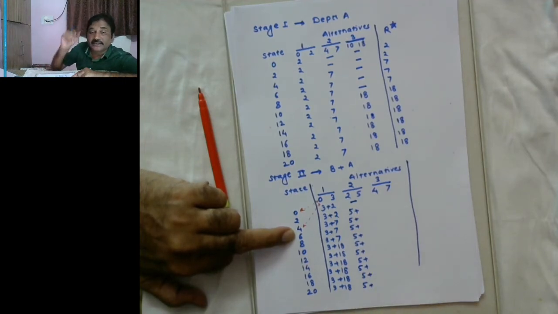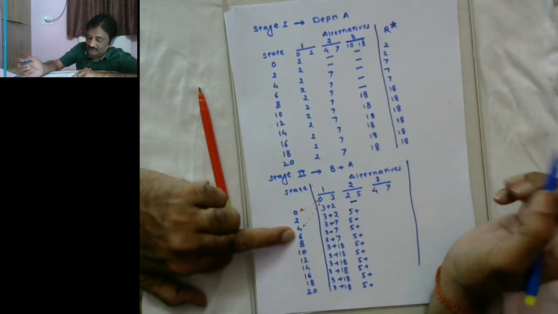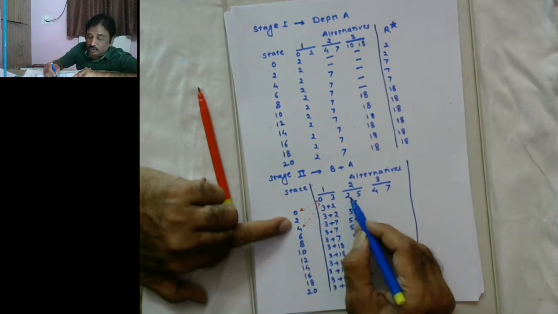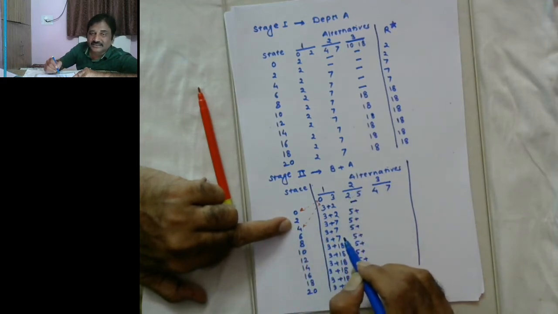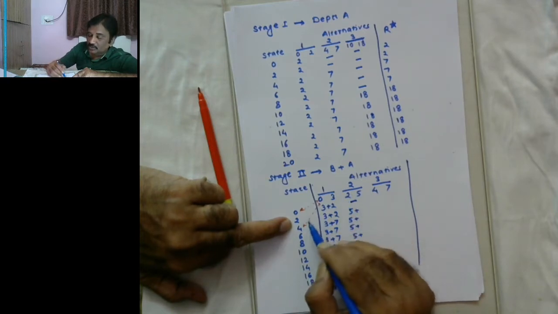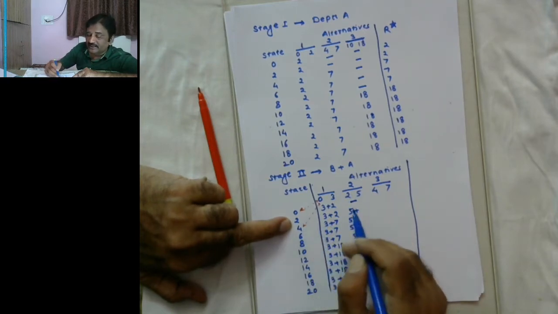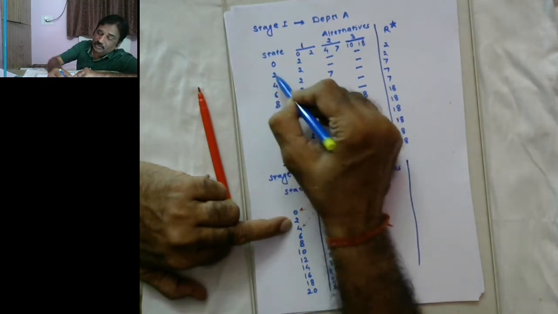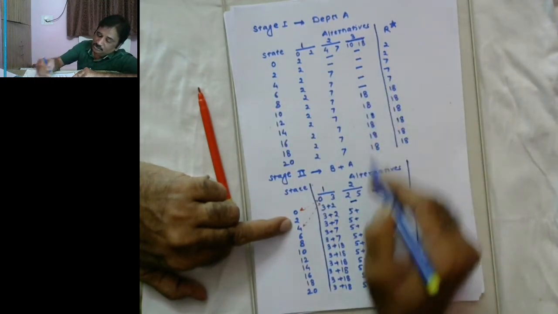Okay, for the remaining value of state. For example, 2 crores I assumed I have, and I have consumed 2 crores by choosing the second alternative, because it requires an investment of 2 crore. So I assumed I have 2 crore, I have consumed it, I am having 0 crore left with me, and for that 0 crore, the optimal return is 2 crore.